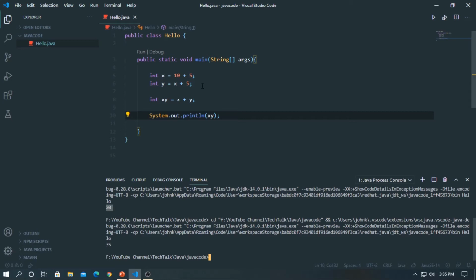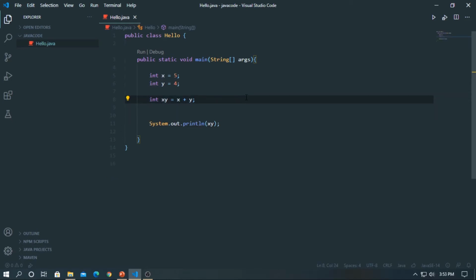Java divides the operators into 5 groups: arithmetic operators, assignment operators, comparison operators, logical operators, and bitwise operators. Today we will discuss arithmetic operators in this video. Arithmetic operators are used to perform common mathematical operations.